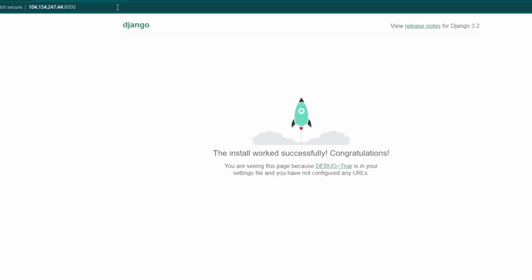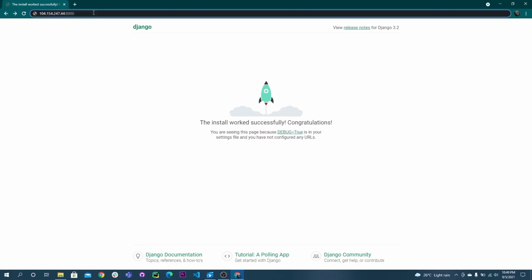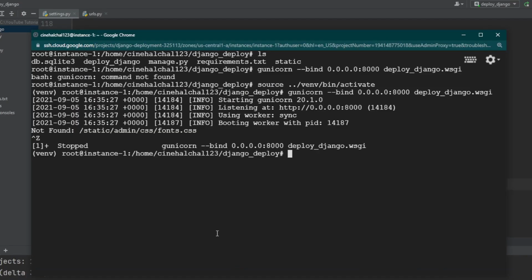When we run the same thing, now the server is running, but this time it is running with the Gunicorn server rather than Django's own server. And again, in this case, if we stop this, the server stops running, and the page won't load because the server has been stopped. We have seen Gunicorn can interact with our Django application, but we should implement a more robust way of starting and stopping the application server.